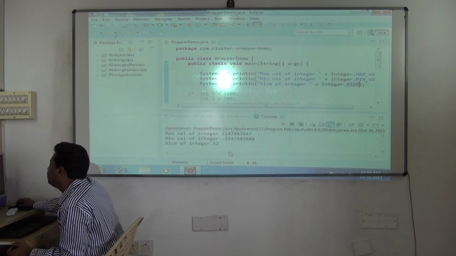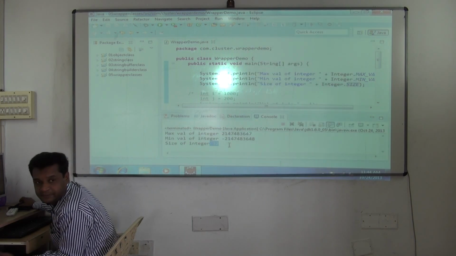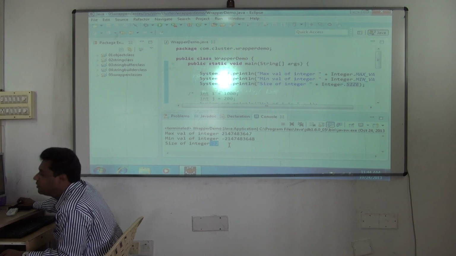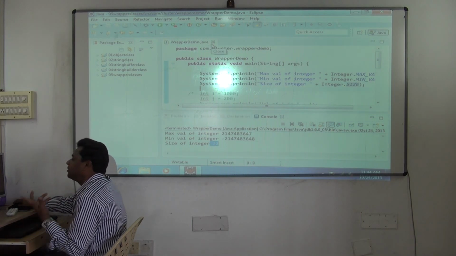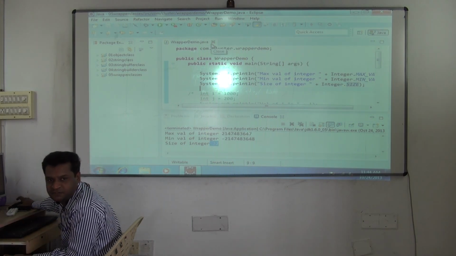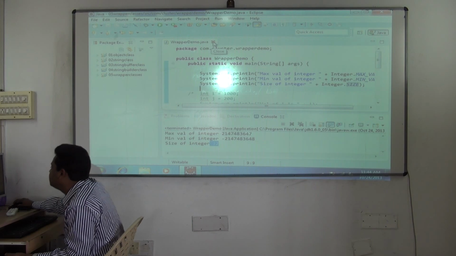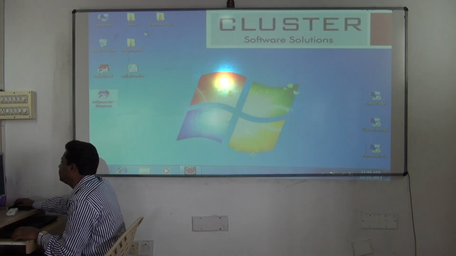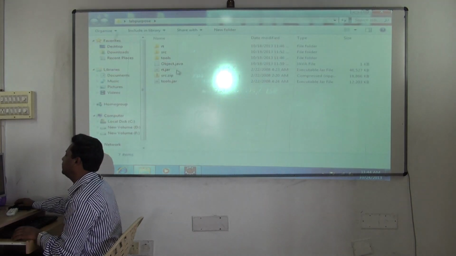You can see now, what is the size of int? 32 bits, no? 4 bytes. That's it. So you can get all this. So I just gave a demo of how wrapper classes can be used. Now we'll start seeing more things about this, and meanwhile you can also see the source code, for lab purposes at